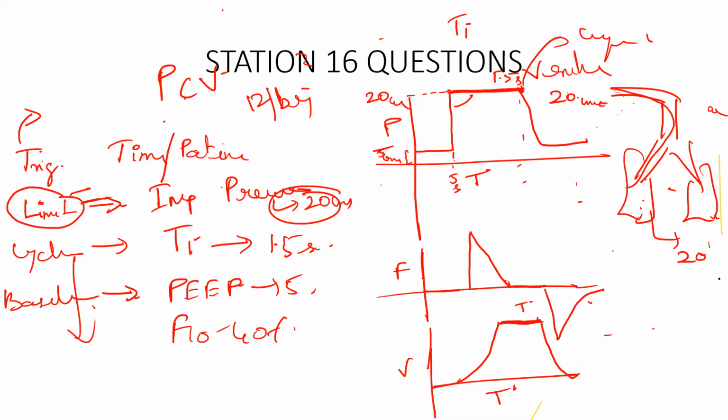So this is the scalar loop in pressure control ventilation. The most clinching point between volume control and pressure control is decelerating flow. When you find a decelerating flow, it is 100% pressure control ventilation. In volume control, the flow is limited, it is sustained. You don't get a decelerating flow at all. So please repeat. You want me to repeat again, right?